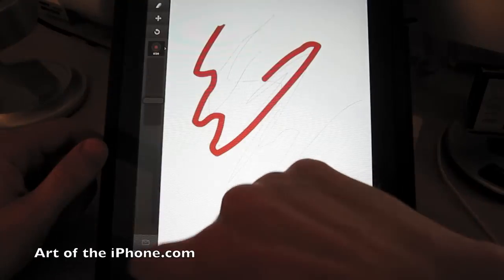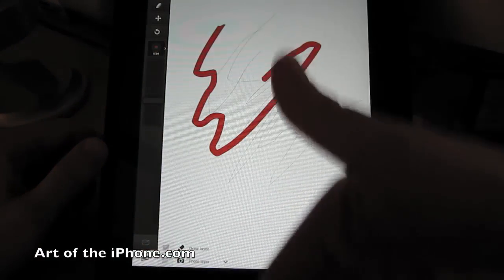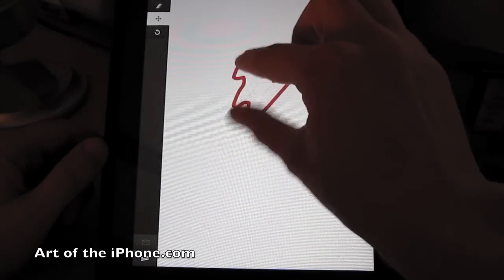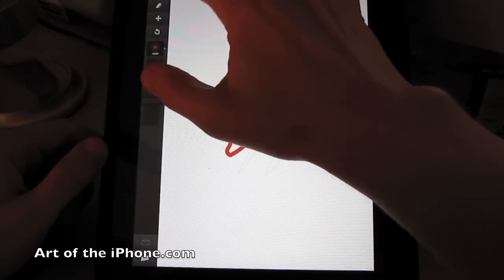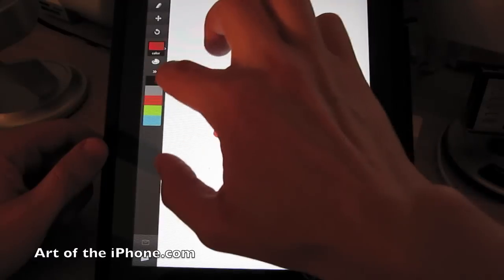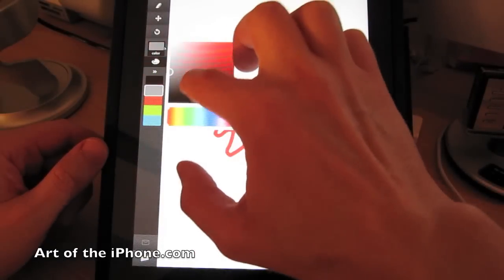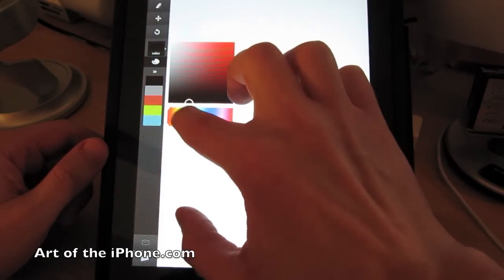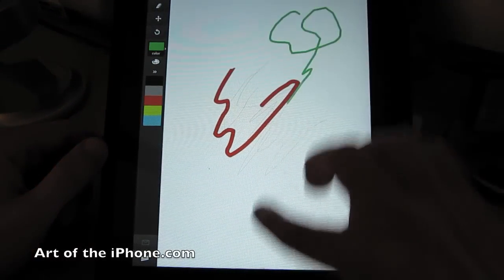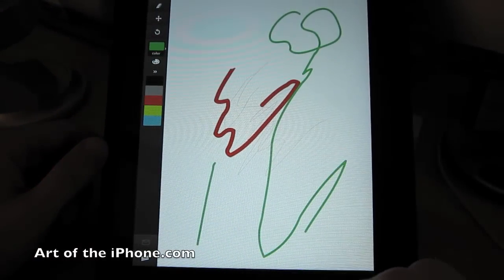You can change the size, change the color. I haven't really mastered it. You can import photos, move it around, zoom in and out. Here we go. Let's change the color real quick, and then we'll move on to something else. Change it to whatever color you want. Here we go. So again, a really powerful